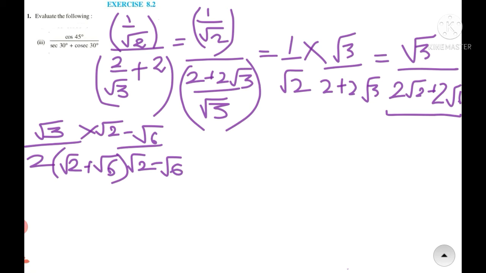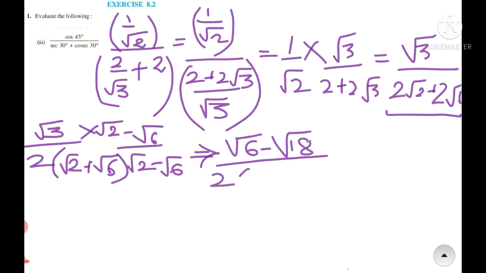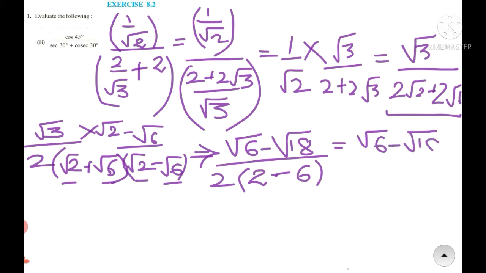This topic you have done in class 9th. Now this gives me, in the numerator, I multiply both with root 3. Now root 3 into root 2 gets me root 6, and root 3 into root 3 into root 6 gets me root 18. And in the denominator, I have to multiply these two brackets. Now this gives me a plus b into a minus b. So I get a square, which is root 2 square, that is 2, minus b square, that is root 6 square, which is 6. So this gets me root 6 minus root 18 divided by 2 multiplied by minus 4,